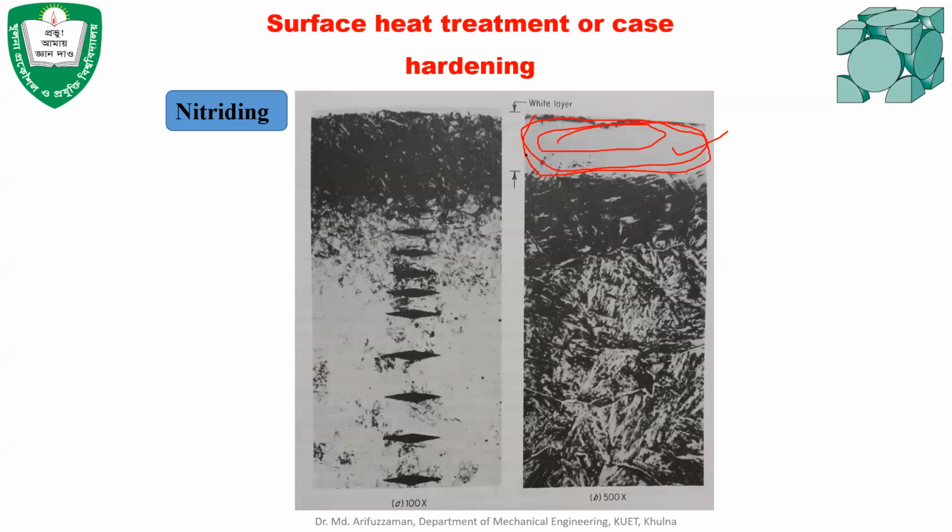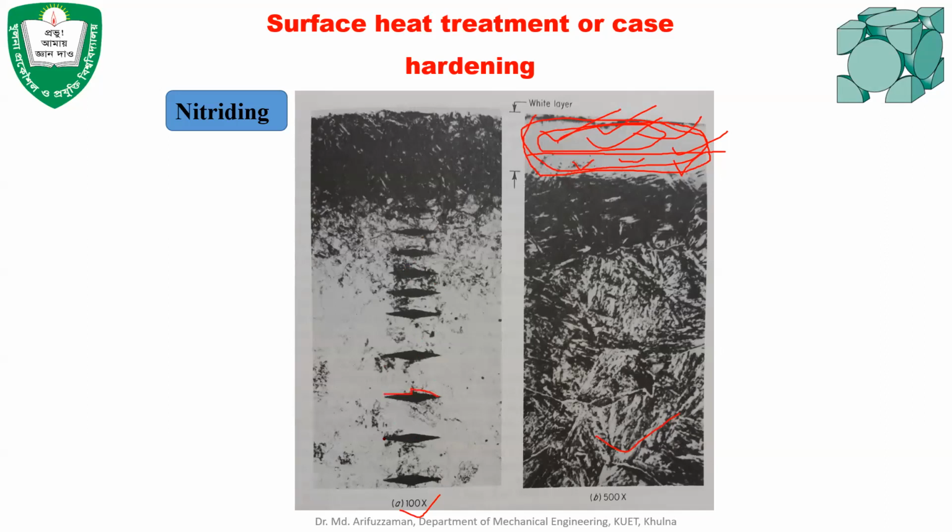Once the nitride is formed, a small layer of nitride is formed in here. Okay, and that layer actually provides the higher hardness, and the rest of the layer has to be removed from the surface, because this is a very brittle layer. Okay, and this is another example at 100x magnification. This is 500x magnification, and in this case, this diamond-like structure is basically where the Vickers hardness test has been conducted on this surface.